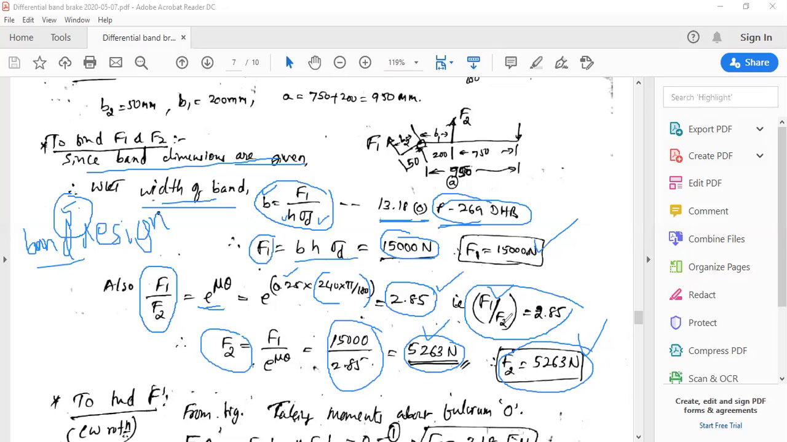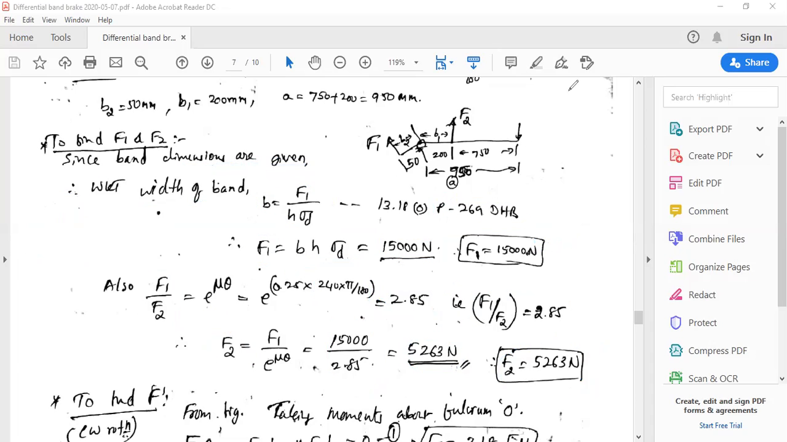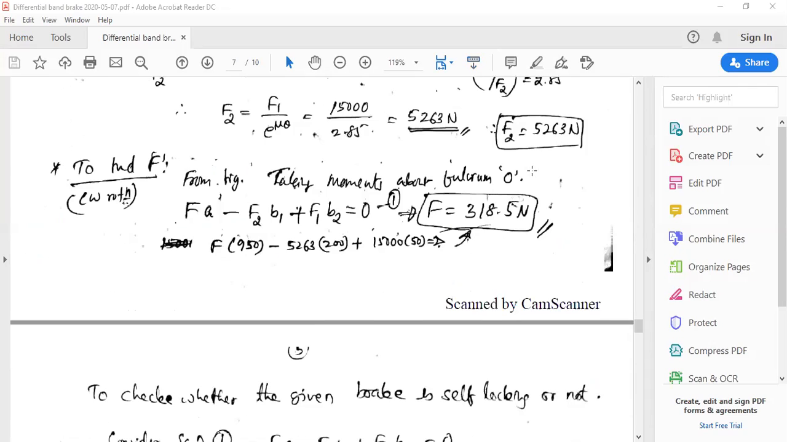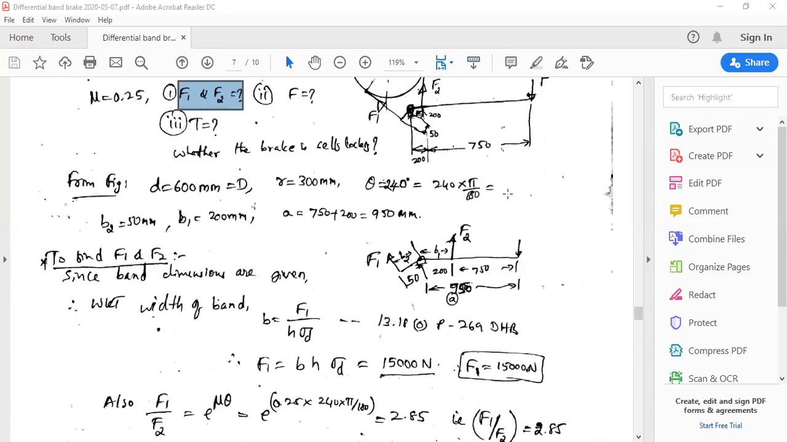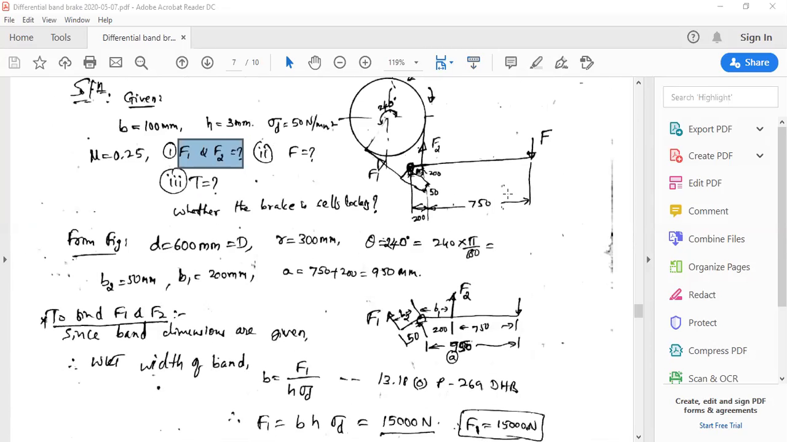So that also we can calculate, and after that Ft we can calculate the torque. But the things which are asked here, F1 and F2, are the first parameters that are asked. And after that we have to calculate the actuating force, as per the question statement. Now, to calculate the actuating force, no need to refer to the data handbook again and again, but by using